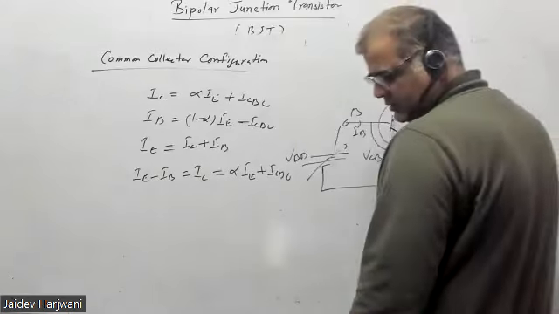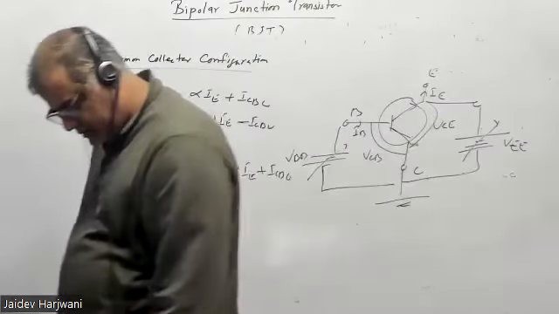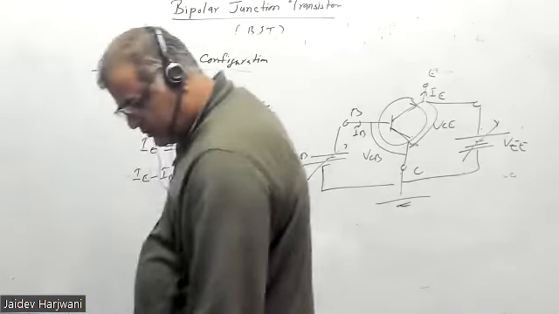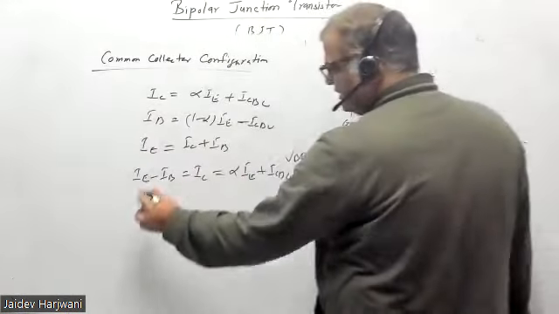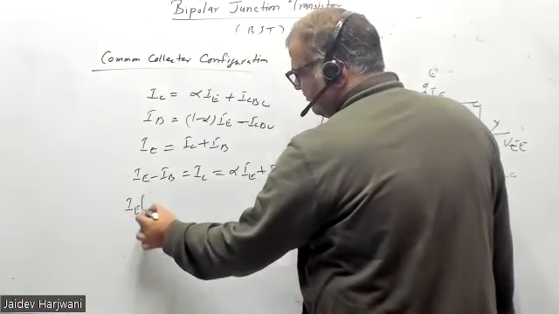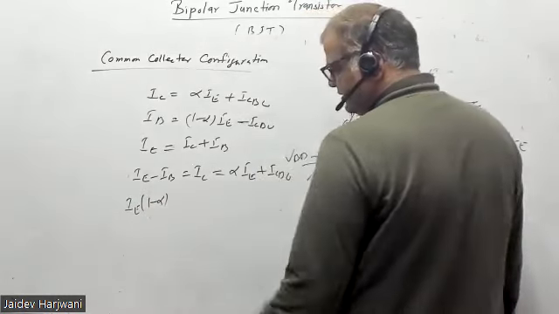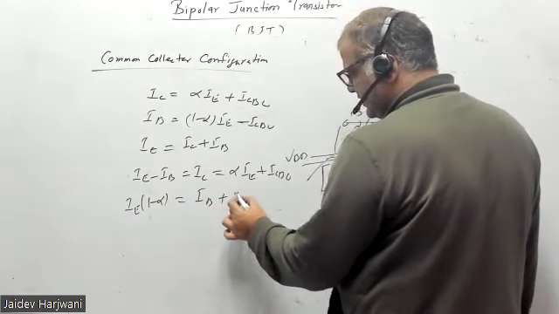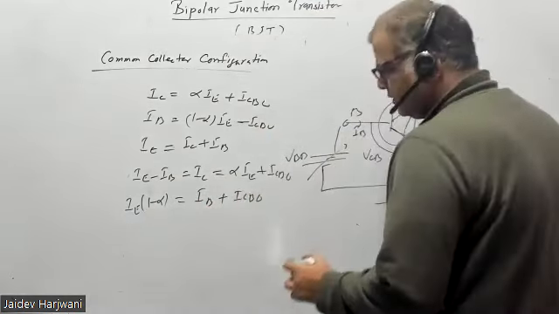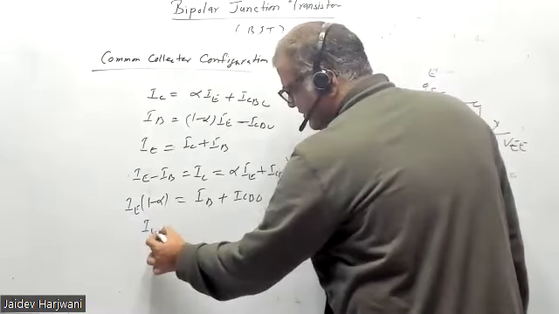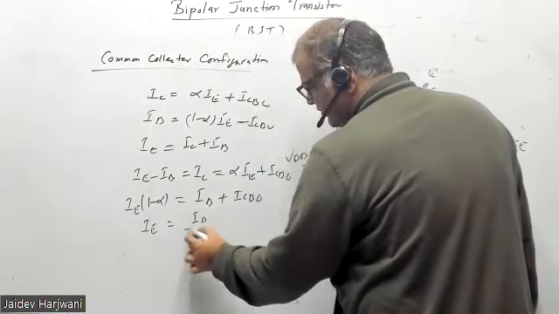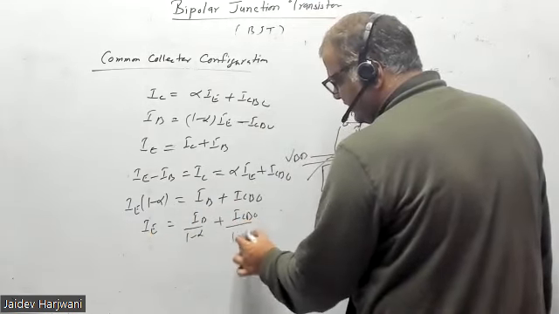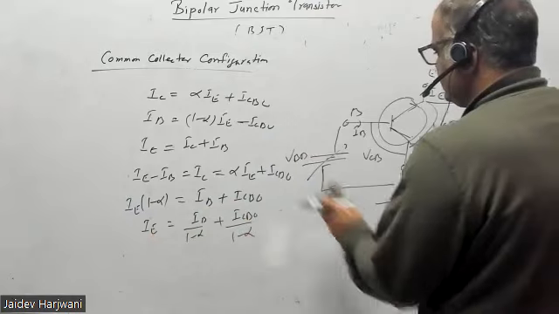Later you can bring this alpha IE here. So it will become (1 minus alpha) IE equals IB plus ICBO, and IE will become IB upon (1 minus alpha) plus ICBO upon (1 minus alpha),